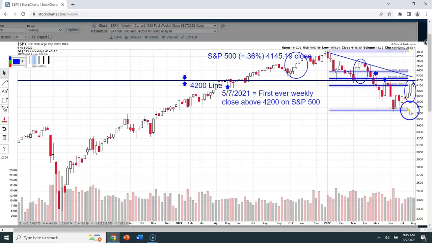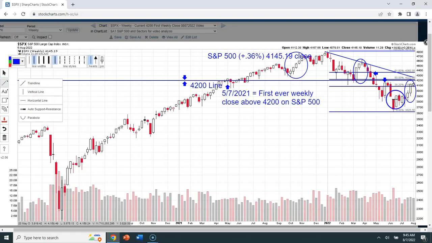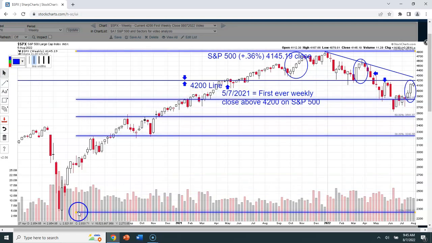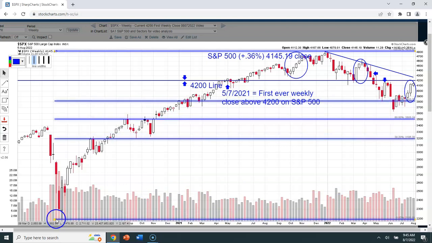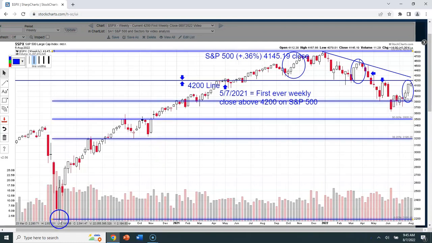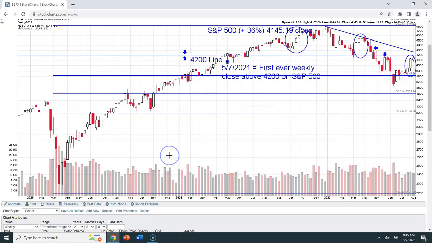But again, okay, here's that entire move, and you can see the bounces and all we've talked about. But what I want you to understand by looking at this longer term chart is that, well, let's take this annotation tool and run the Fibonacci retracement, and let's go back and take a look at the entire move, all right, from the COVID lows in March of, let me get back out of here so it's easier for you guys to see, where we bottomed in March of 2020, and of course we peaked January